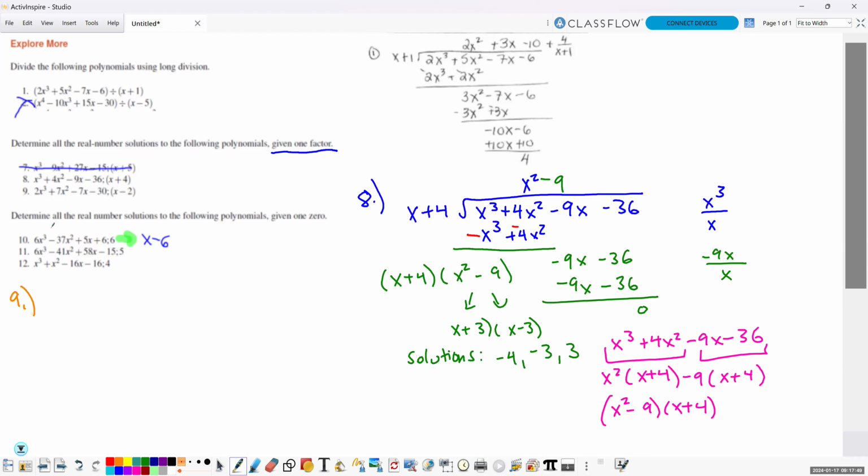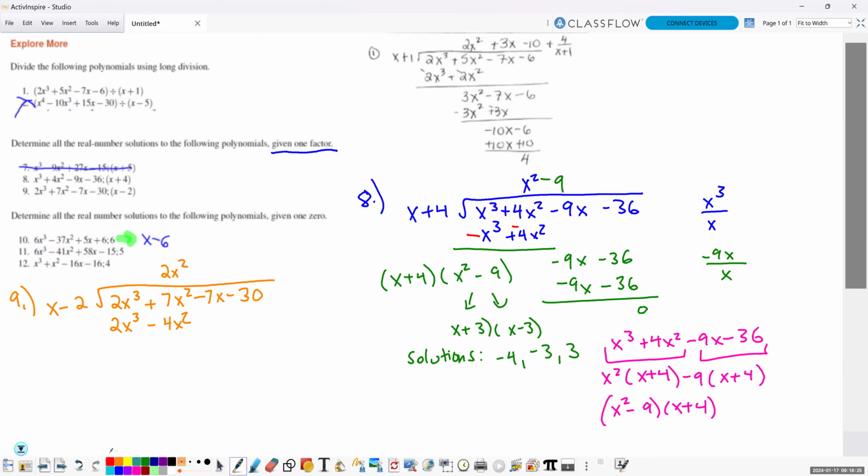Now, number 9, when I look at it, 2x cubed minus 7x squared minus 7x minus 30, that definitely does not group. If I took out an x squared from the first two, I've got 2x plus 7. There's no way I'm going to get 2x plus 7 from the second two. So I am going to have to divide out the given factor. Again, if you like the box method, by all means, use the box method. Okay, so 2x cubed divided by x, 2x squared, multiply back,